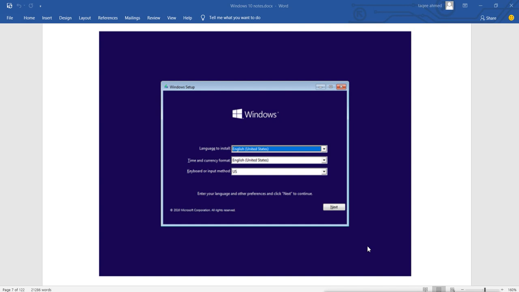and in the CD-ROM we have inserted the DVD, so it will detect the DVD and ask whether you want to boot from CD/DVD or not. If you don't press any key, it will go for the second bootable device, which we have mostly set as the hard disk. The hard disk is where our installation will go. After finishing the installation, our installation files will be stored on this hard disk and it will boot from that disk. But if we have not installed the system, then there is no installation.